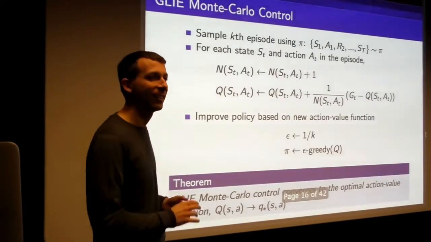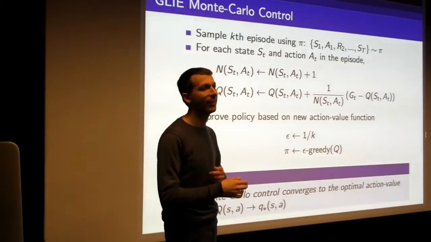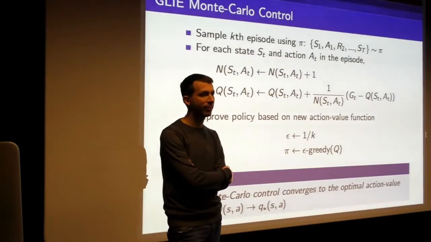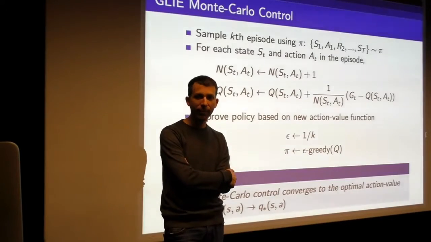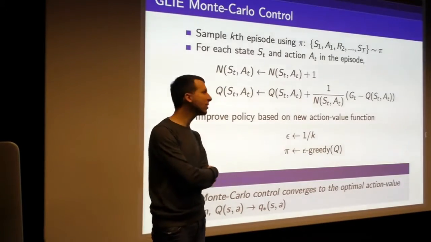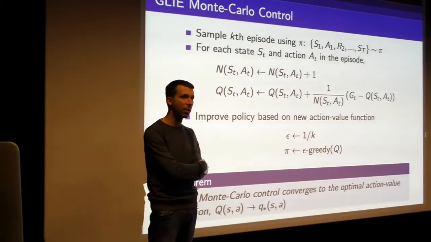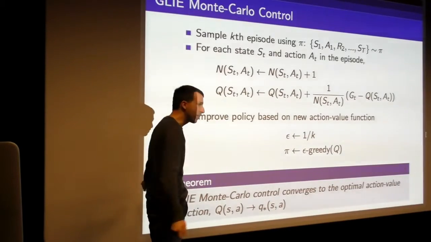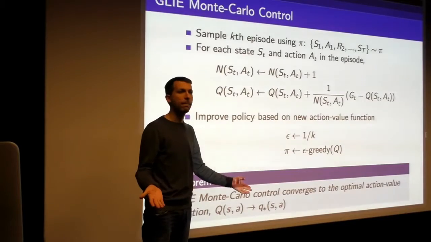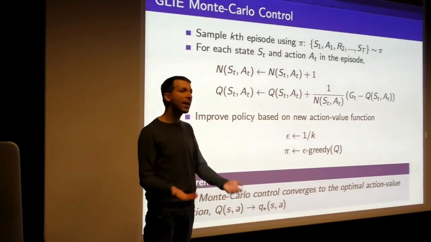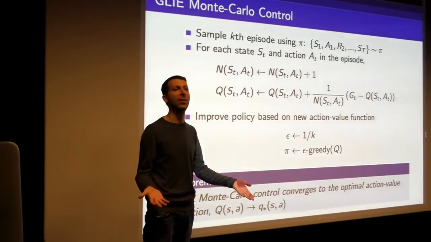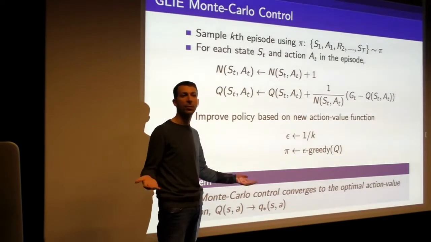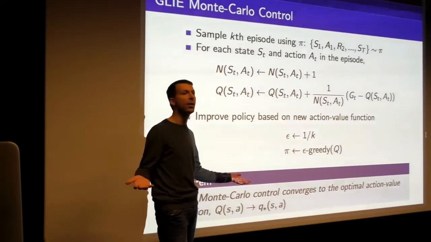Okay, question. I can't remember if you addressed this in an earlier lecture, but is there any particular idea behind the initialization of the values for Q, or do you do random initialization? Okay, so the question is, does it matter how you initialize Q? And in terms of the theory, you can start with anything. It will still converge. In practice, of course, it helps to have a good estimate of Q. The closer you are to the optimal Q values, the faster this thing will converge.